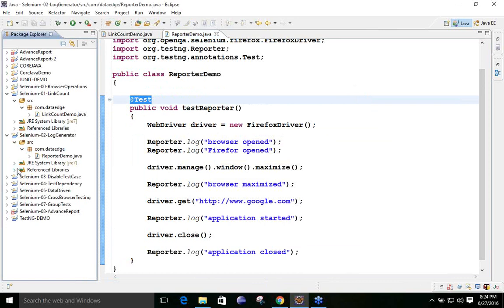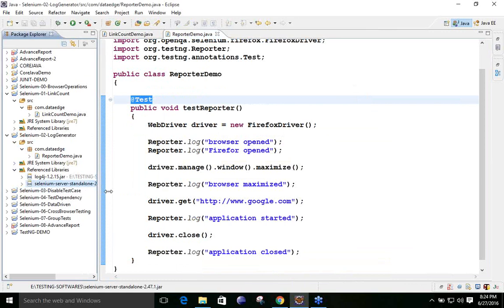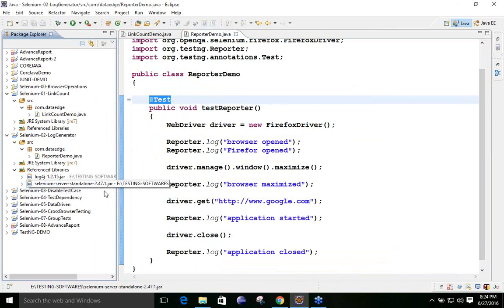Did you not add it in your case? I think, yeah, I added. I'm just verifying it again. So yes, Selenium server standalone. It could be any version, whichever is working. In my case it is 2.47, and I shared that also. If it is not working, you can go for the latest version also. But it is working in my case, so it will most probably work in your cases also.